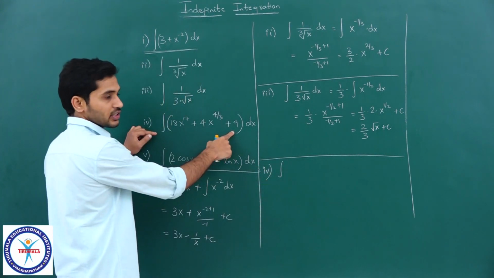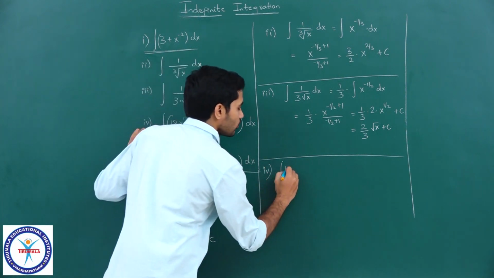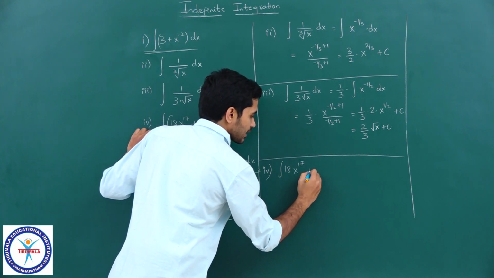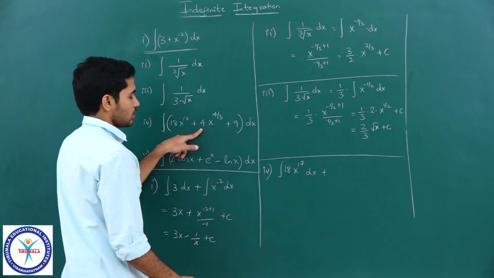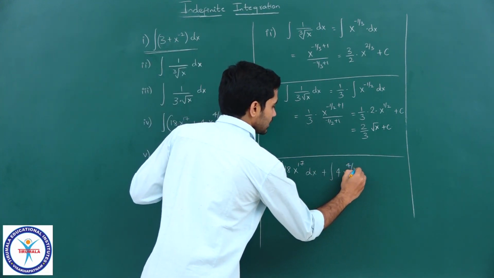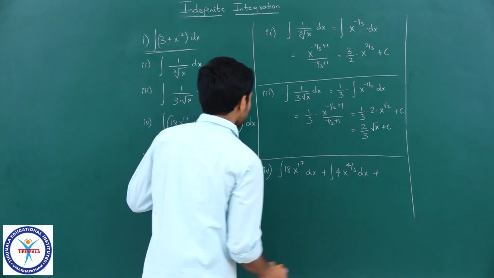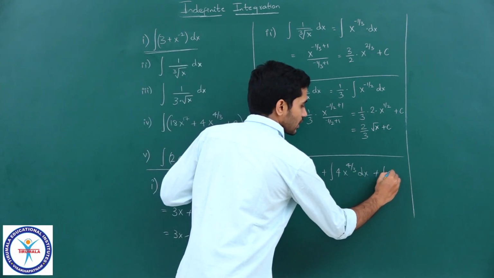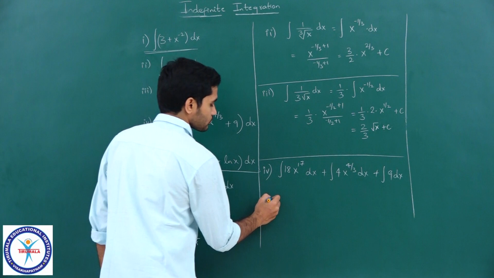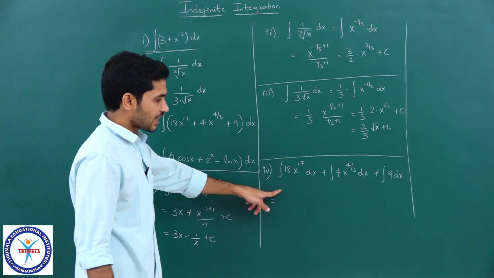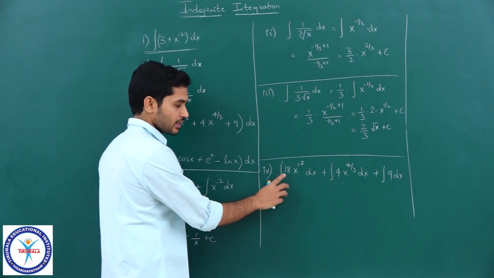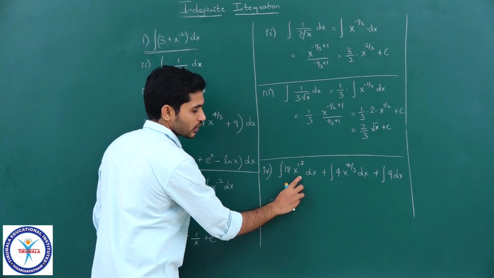I can write this by using the sum rule as integral of 18 x power 17 dx plus integral of 4 x power 4 by 3 dx plus integral of 9 dx, right students. Okay. Let us do step by step, let us write each and every step, so that initially it will be clear for us. So, I can bring this 18 outside the integral because it is a constant multiplying a function, right.